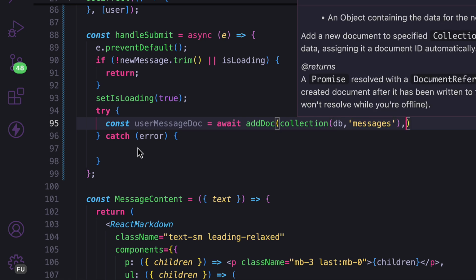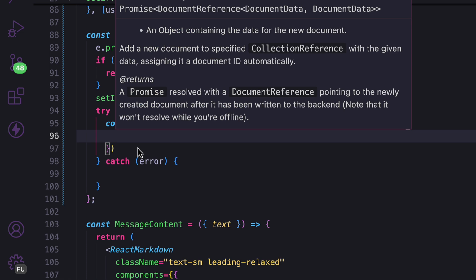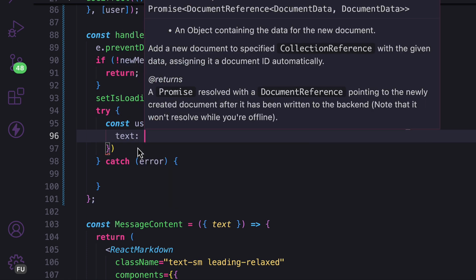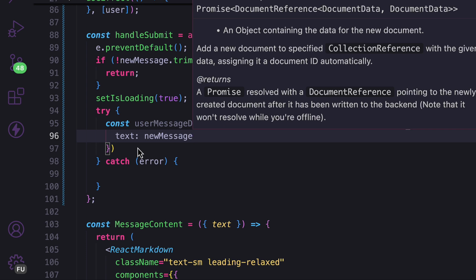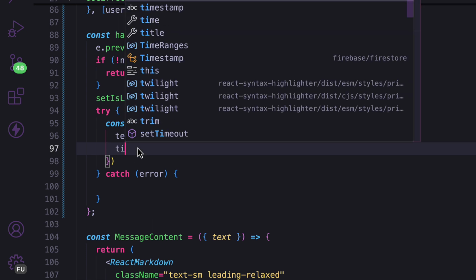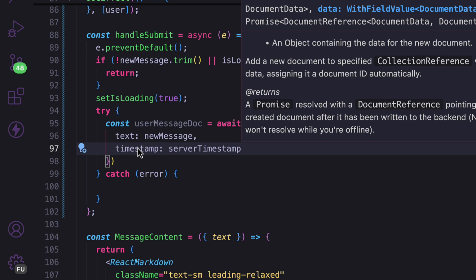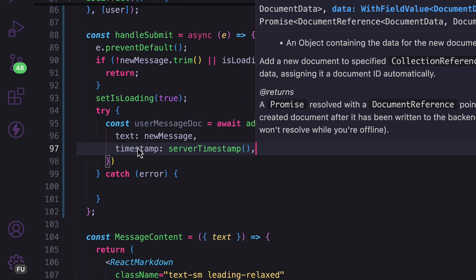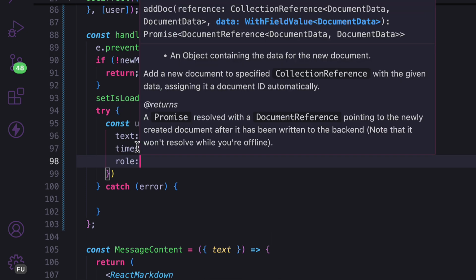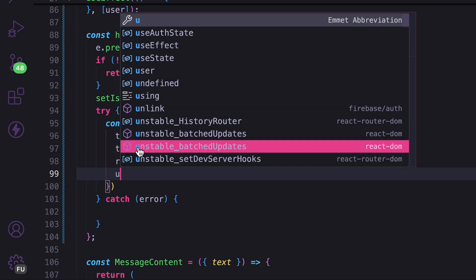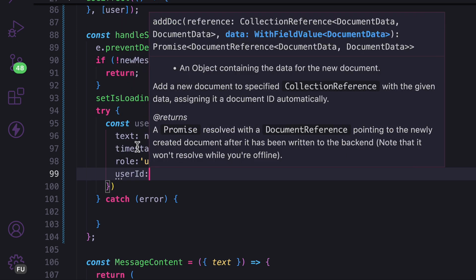Then bring comma with these configurations by providing a property called text, and then we're going to assign to new message, and then timestamp. I'm going to use server timestamp, and then role for this one is the user, and then user ID is equal to